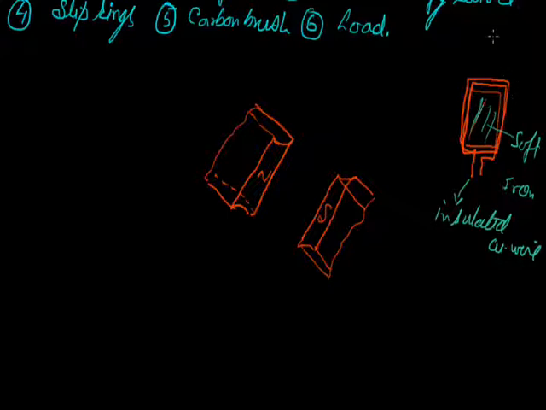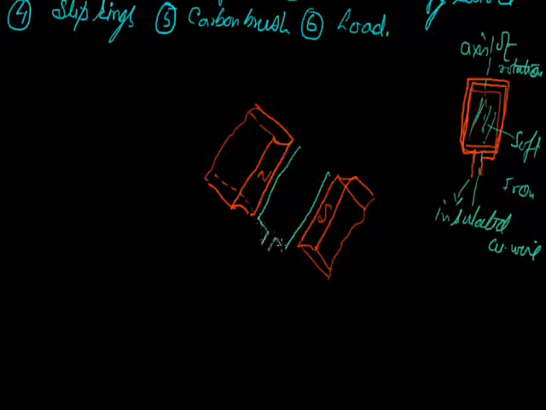This is free to rotate on this axis. This is the axis of rotation. This armature is free to move between the two magnets N and S. This one is armature. This shown copper wire is free to rotate about this axis. This axis of rotation is known as the shaft.